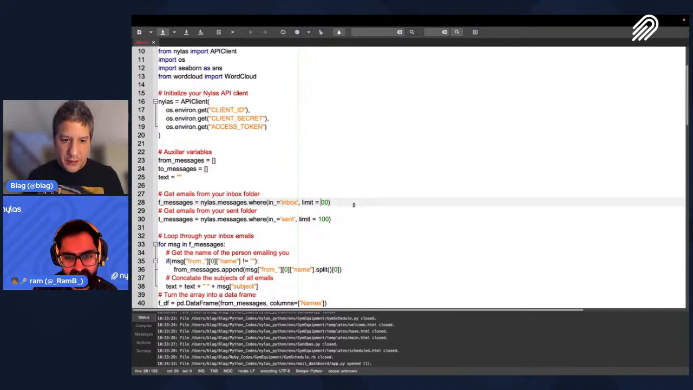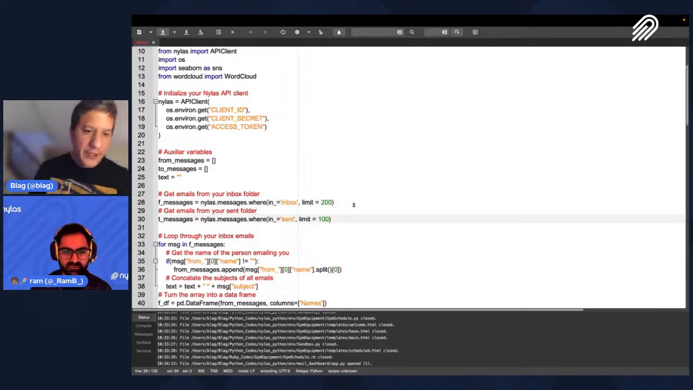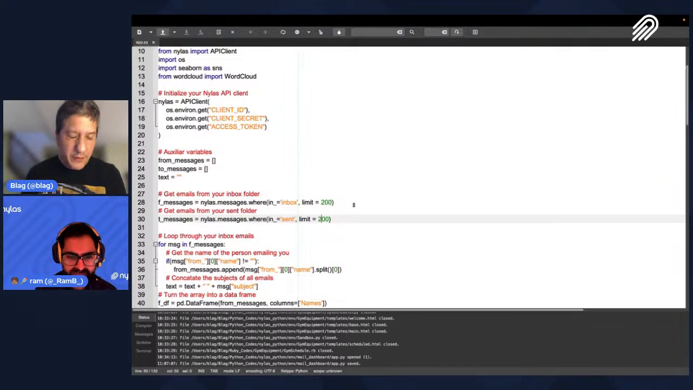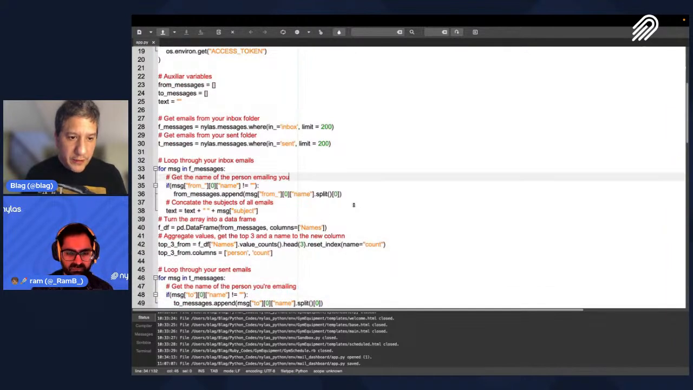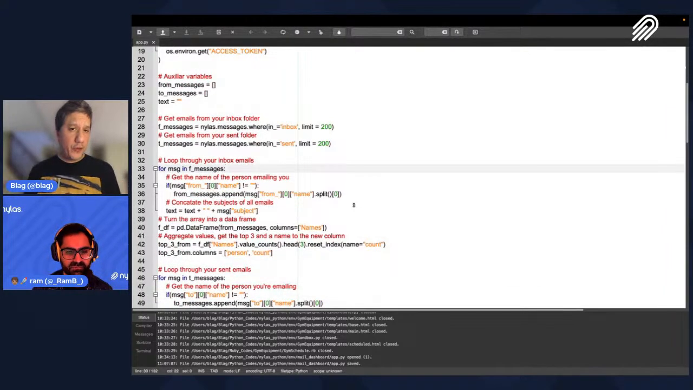Here we're gonna change it to 200, and same with the send folder, Nylas.messages.where in the send folder, and we're gonna change it to 200. So we're gonna save, and after a second, we're gonna actually run this again. So what we're gonna do, we're gonna go through our inbox emails,